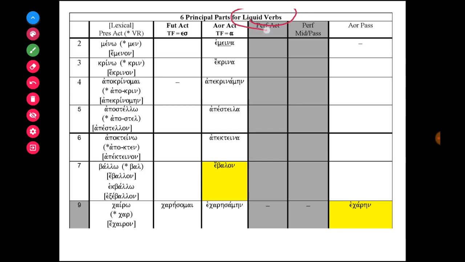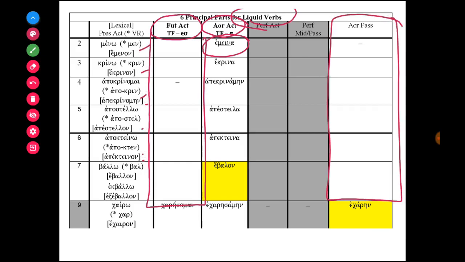Another type of verb that we go over are liquid verbs. So make sure that you go over the liquid verbs, and remember that the aorist active form has a different tense formative. We learned for this chapter the liquid futures. So I left this blank. Fill in all the liquid futures for the liquid verbs that you learned. Fill in all the aorist passive forms for the liquid verbs that you learned. Remembering that some liquid verbs undergo stem change in the aorist tense, and in the future it uses the tense